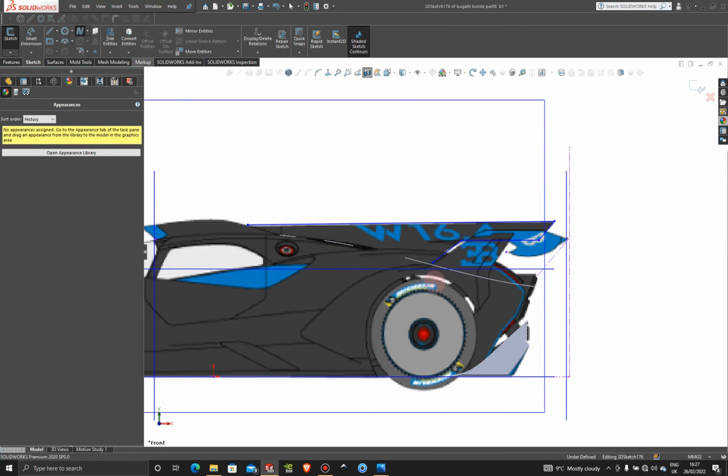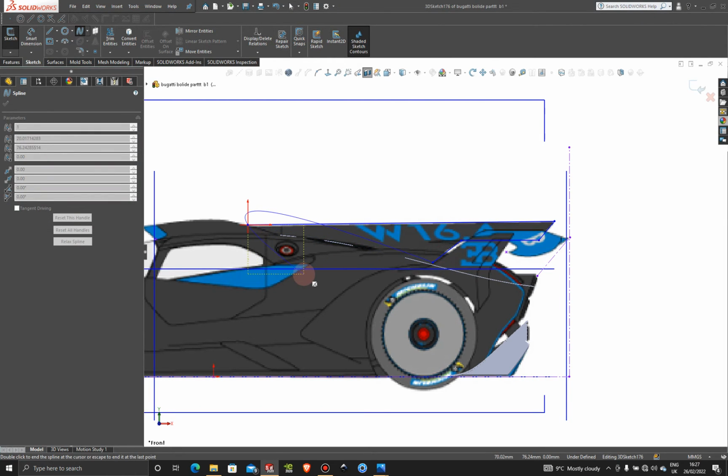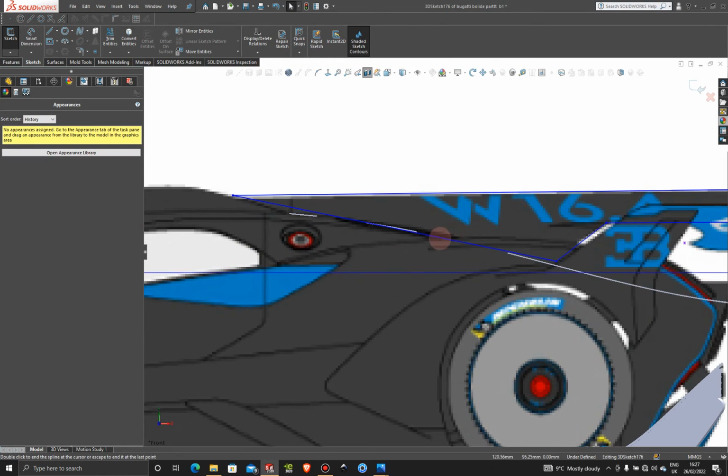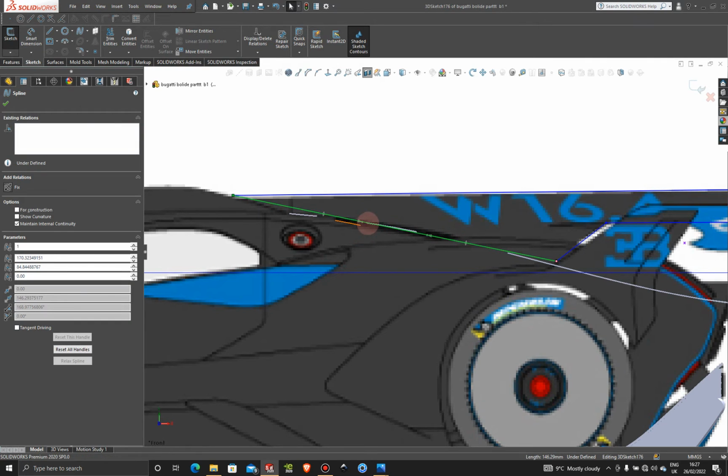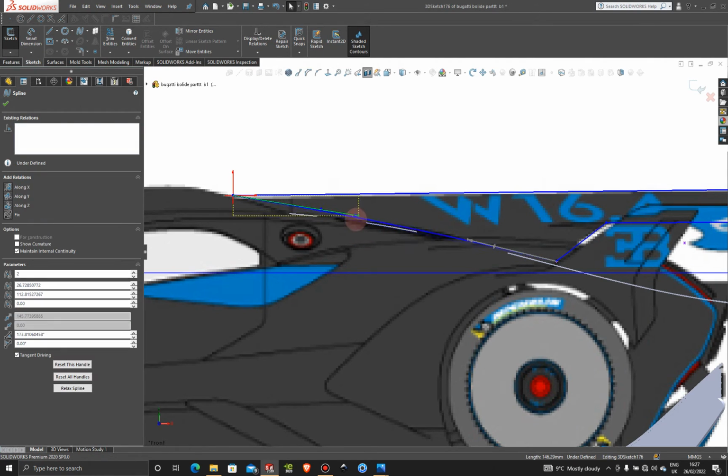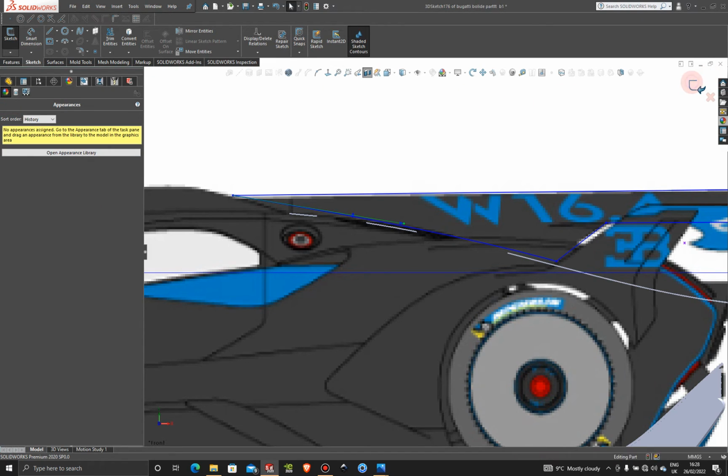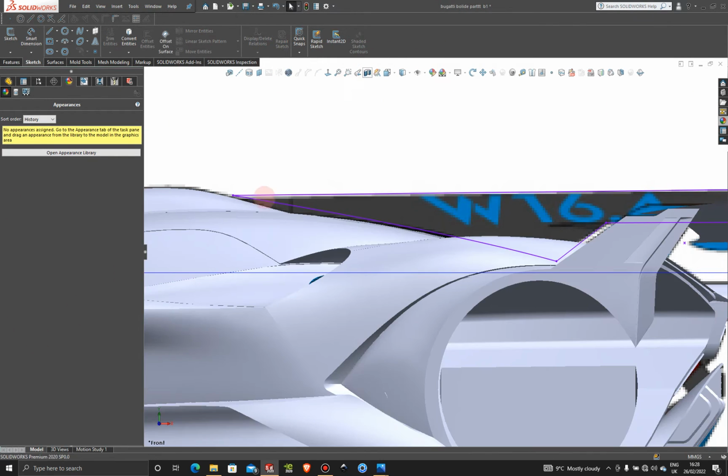Okay, and then now we're just going to grab a spline and then connect these 2 points together. And we're going to add our profile onto this line here. So let's grab that line and then bring it until, of course, it's on the same level as the front and the back. Okay, so that's good. Exit this sketch here. Okay, and then let's get rid of the